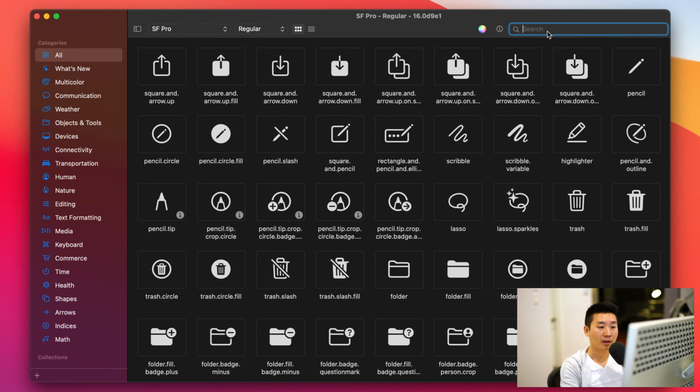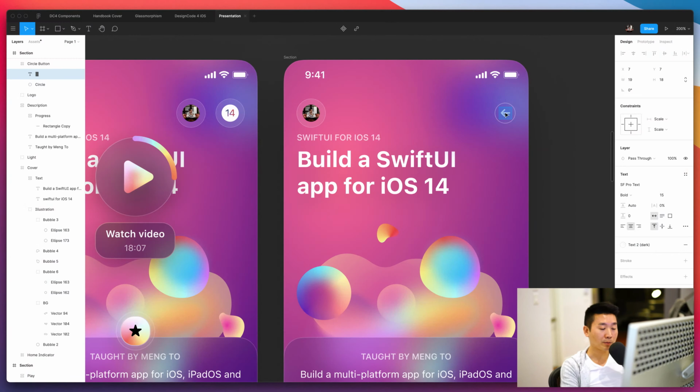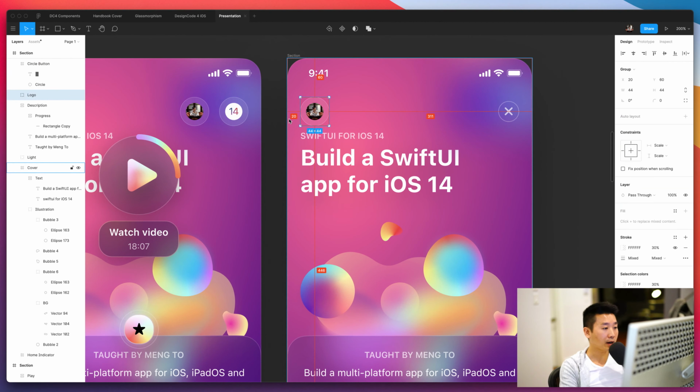So let me search for, so in iOS and any of Apple's platforms, you have access to this beautiful SF symbol. So we have about 2,500 icons, and you can use them in all of your apps. It works in SwiftUI, it works in the design tool. And so I'm just gonna copy and paste, boom. There you go, I have my close button, and that's it. So now I have the avatar,